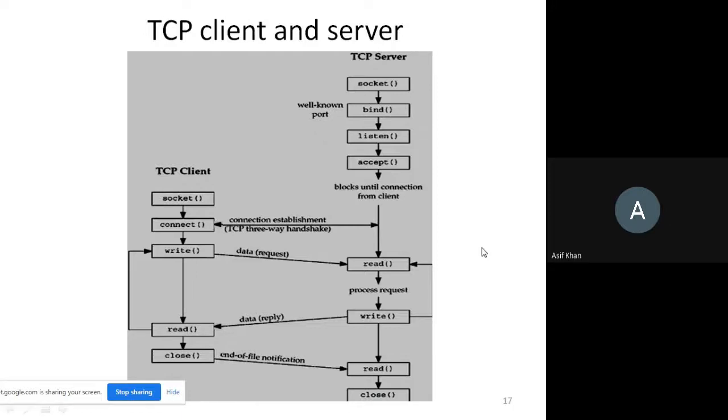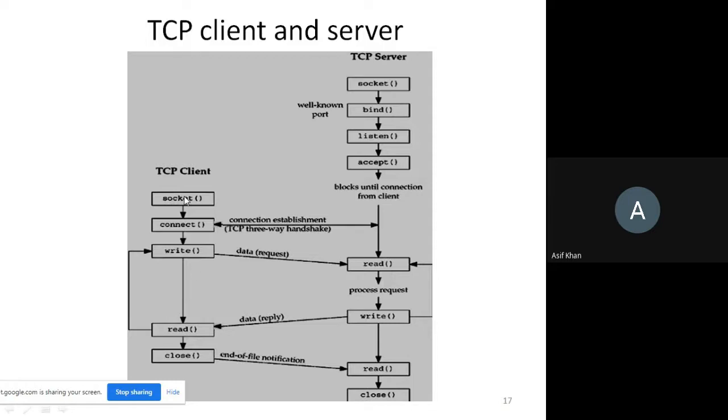Okay, so first we will discuss the stream socket, and stream socket uses the TCP protocol. So here we have two computers, one server computer and the other one is client computer. This is your server computer, and this is TCP server because it is using TCP protocol. This is TCP server, and this is TCP client, and these are some predefined functions you can see used for writing the TCP server program, and these are the predefined functions used to write the TCP client program.